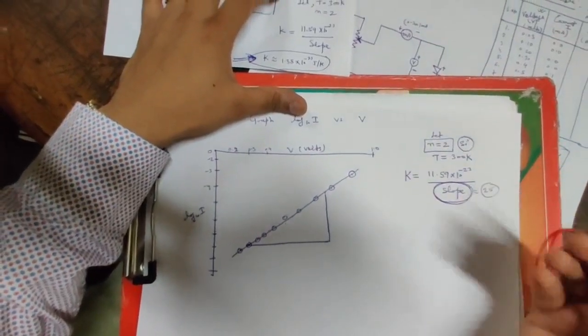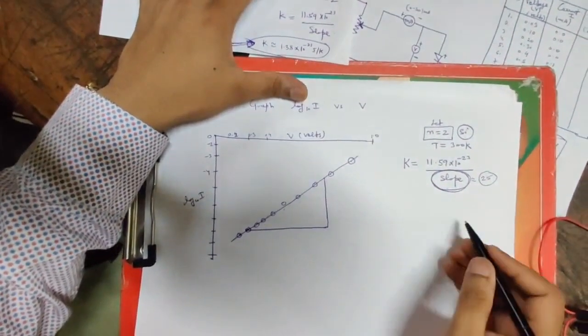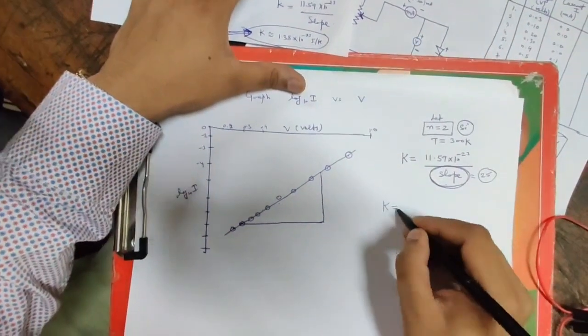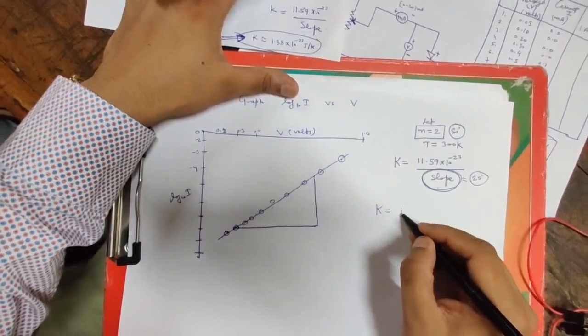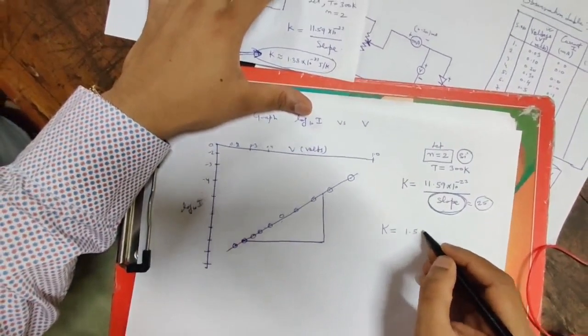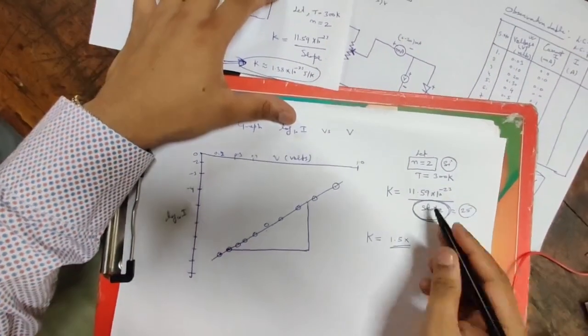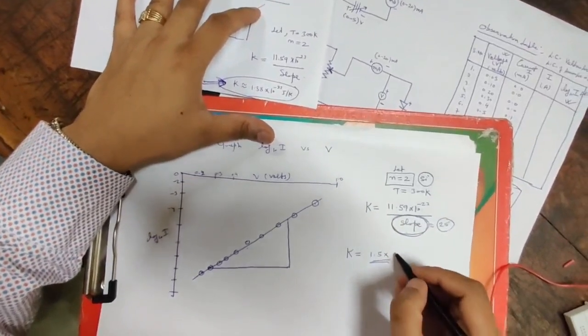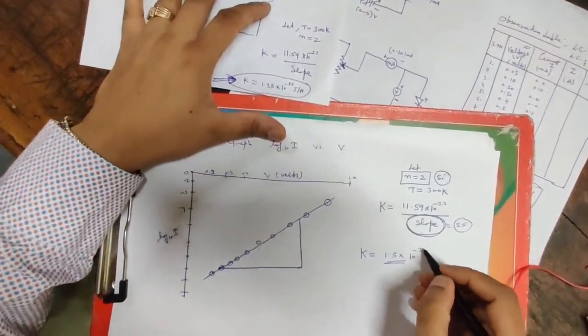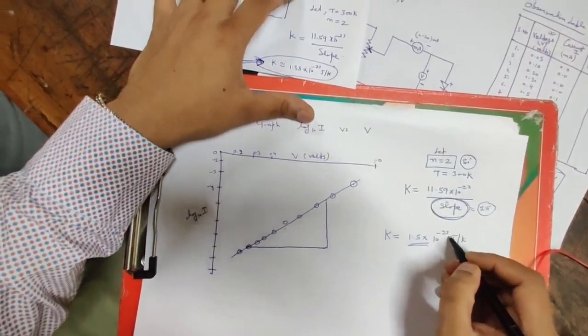I am just taking some random value here. So if you calculate, this value comes out to be around 1.5. I have not calculated this, so please calculate this. Let us say my value is coming in the range 1.5 into 10 to the power minus 23 joule per Kelvin,